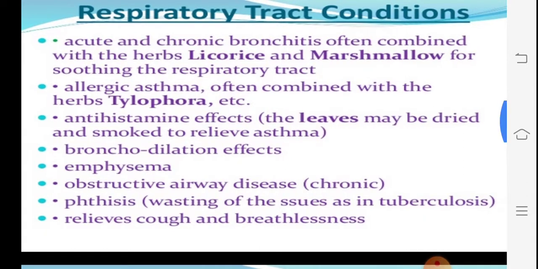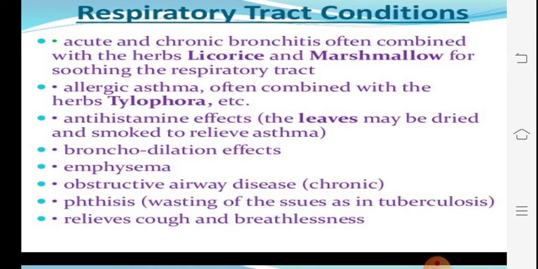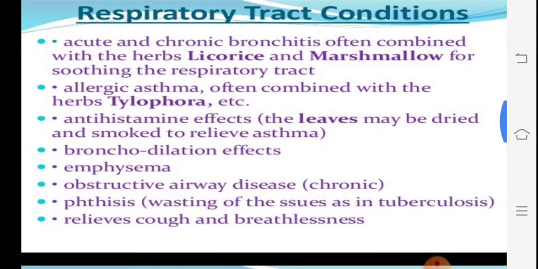Licorice is commonly added with this one. Certain allergic asthmas are there. We know that sudden climate change, like a cloudy climate, causes difficulty in breathing. Then